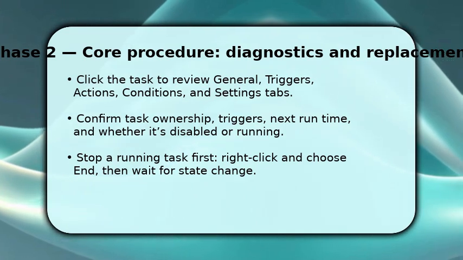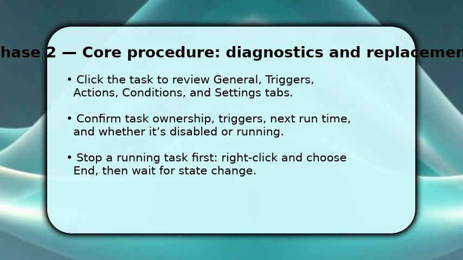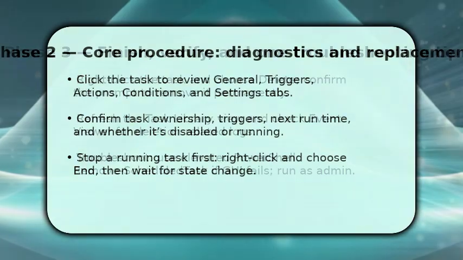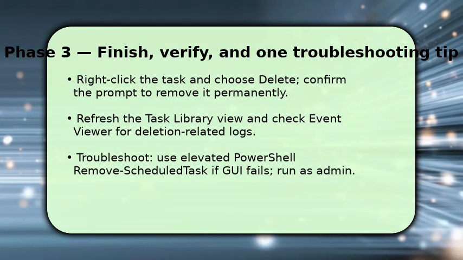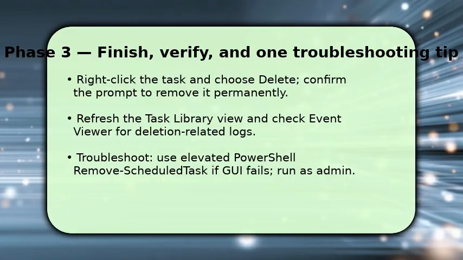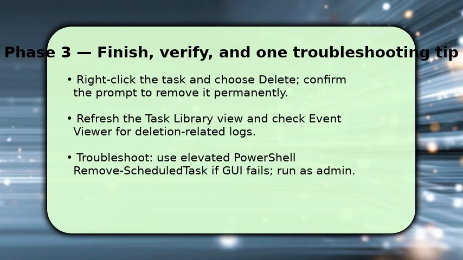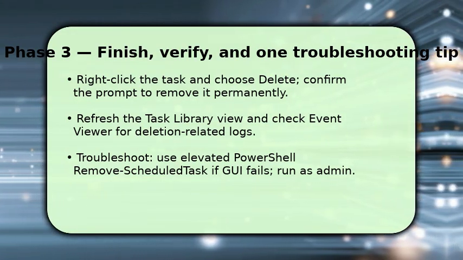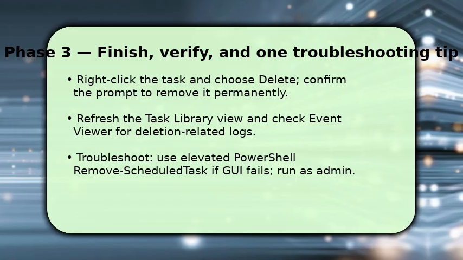You complete the process by deleting and verifying removal. Right-click the selected task and choose Delete. Confirm the prompt to permanently remove it. After deletion, refresh the task library to ensure it's gone and check Event Viewer under Microsoft Windows Task Scheduler for